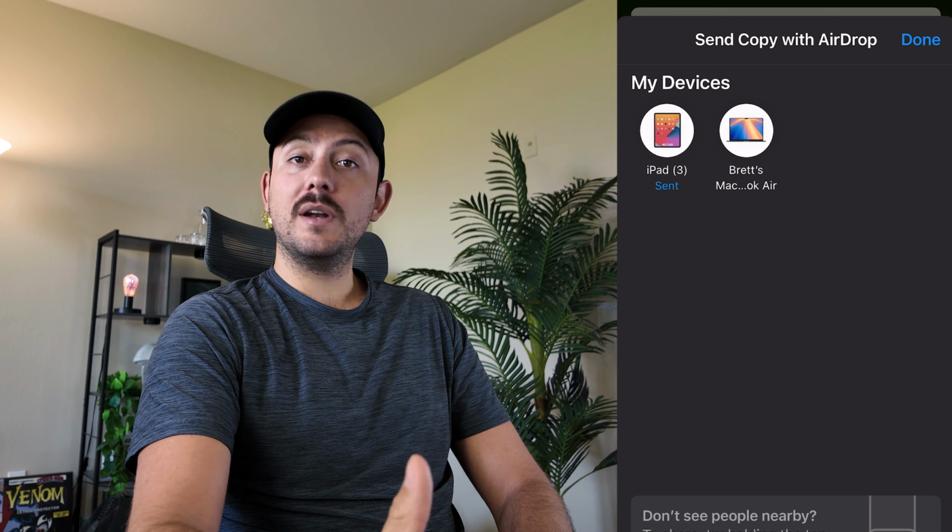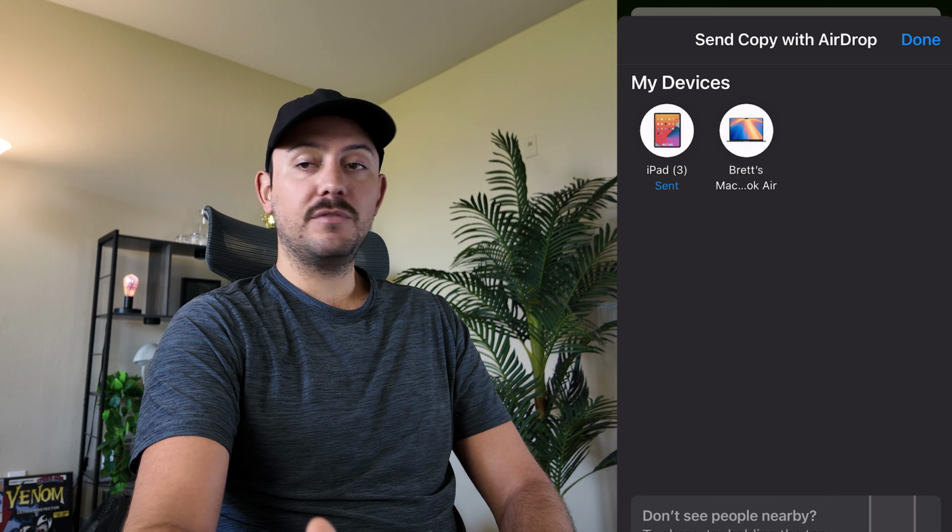Now once it's done sharing, it'll open it up on the other person's device and they'll be free to contact